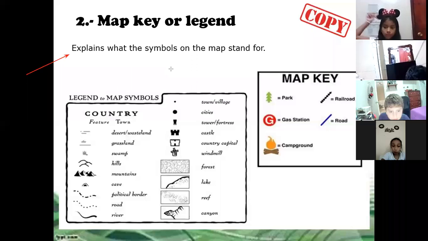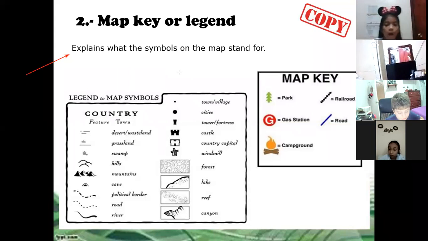Explains what the symbols on the map stand for. That's a map key. Explains what the symbols on the map stand for. Map key, or legend. In a previous map, you saw that